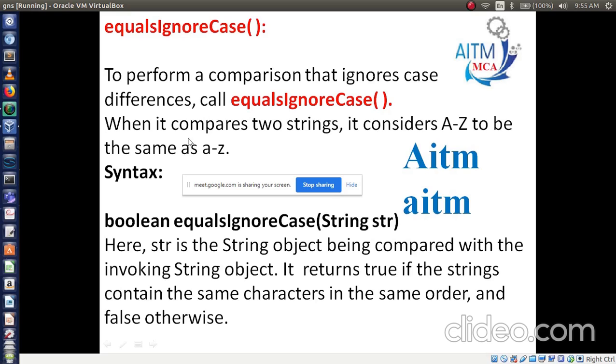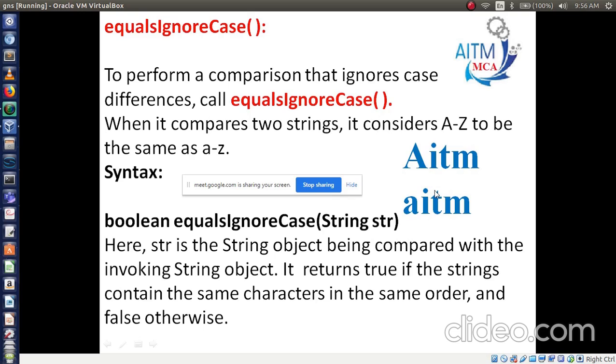See, read this. When it compares two strings, it considers capital A to Z to be the same as small a to z. I mean, you can use capital letters or small case letters. Both are the same in meaning. That's why we are writing ignore case.